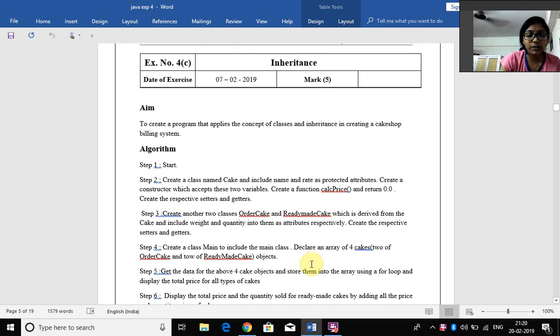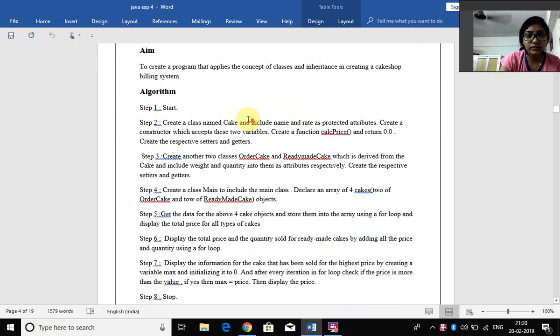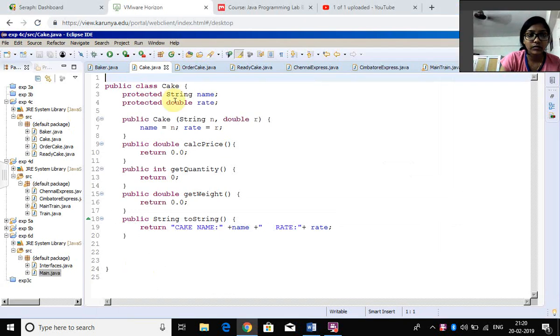The third question of this experiment is to create a program that applies the concept of classes and inheritance in creating a cake shop billing system. So here we are creating a class called cake, which has name and rate as instance variables. With the help of a constructor we are initializing the values of name and rate, and then we